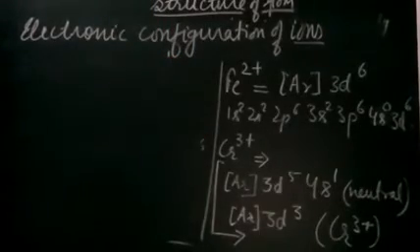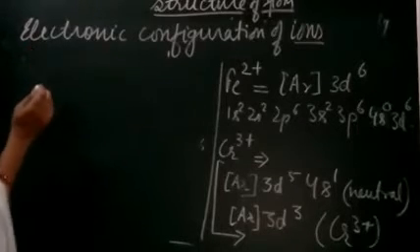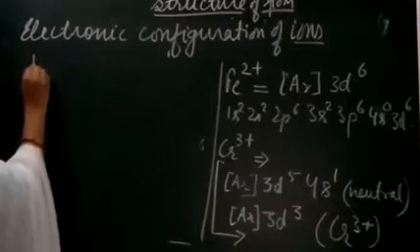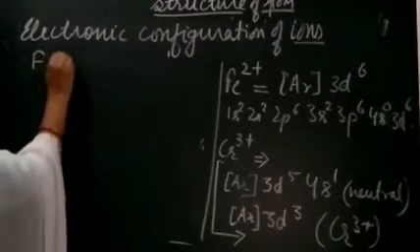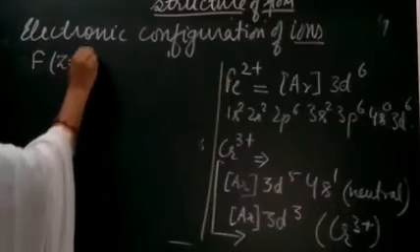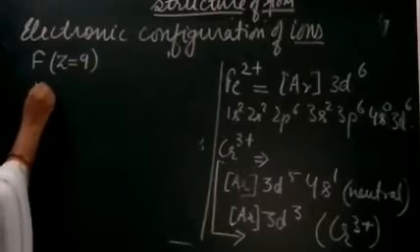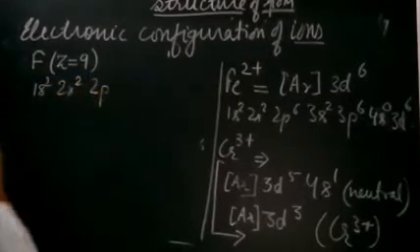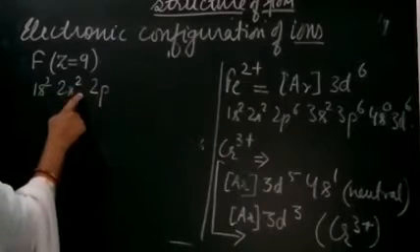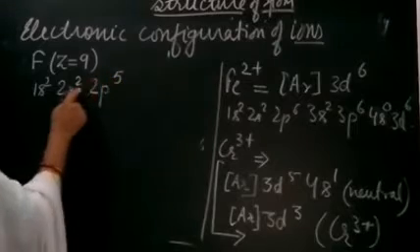Okay, now for the negative ion. Let us take an example where a negatively charged ion is getting formed. So let us take an example of fluorine, a non-metal. You know the atomic number of fluorine is how much? 9, right? So you can write down the configuration. You will write it as 1s2, 2s2, 2p how much? 4, right? So if I write here 5, 6, 7, 8,